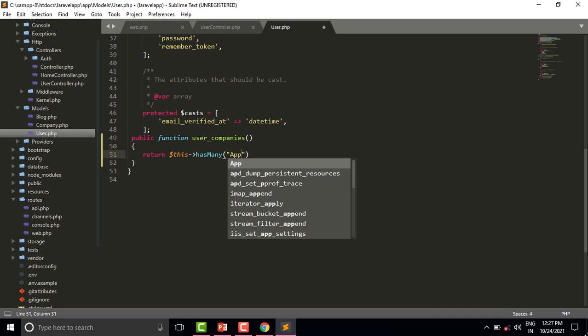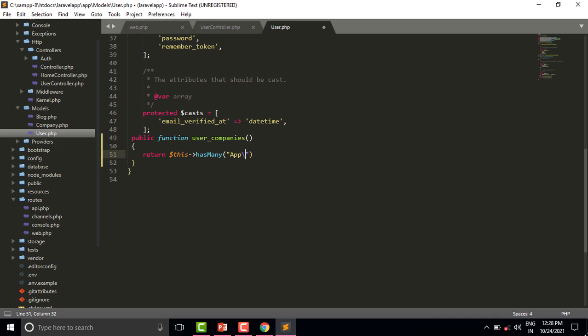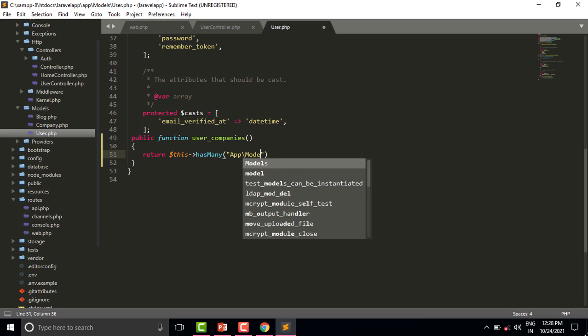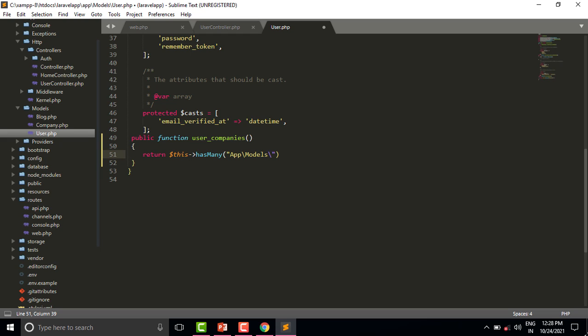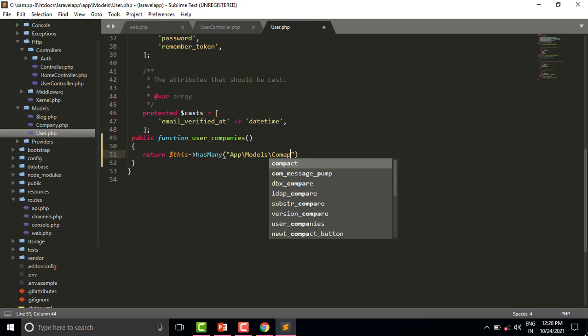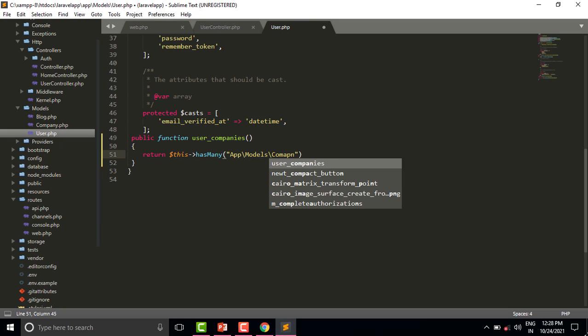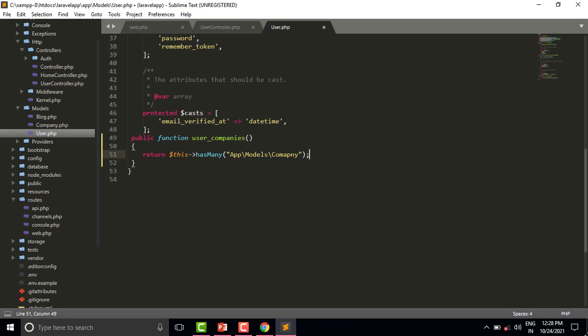So we will pass the model with the complete path, models company. Save this function.